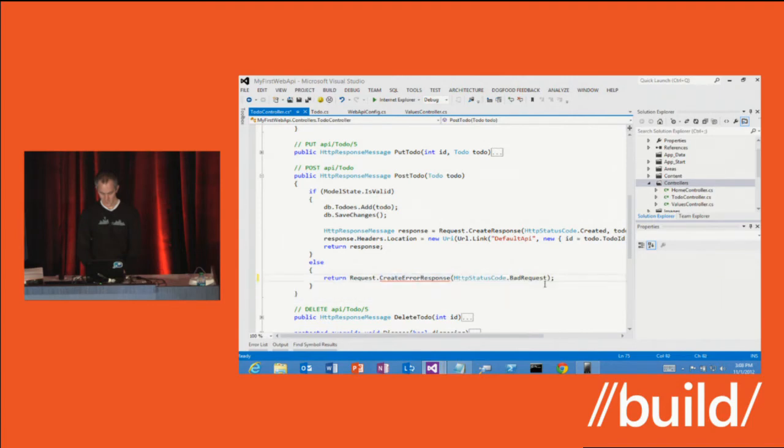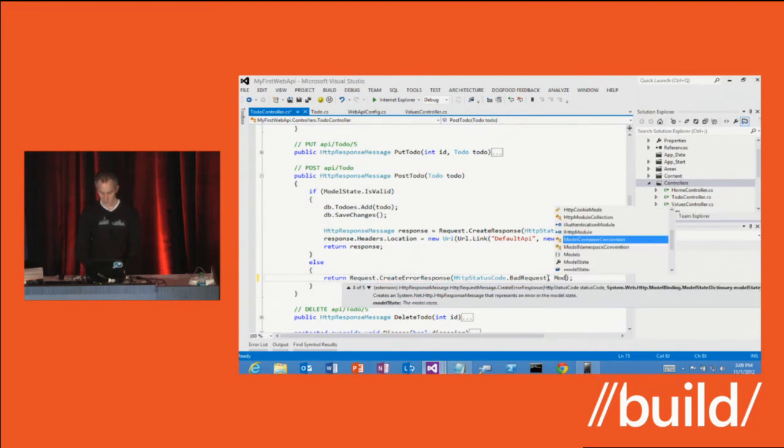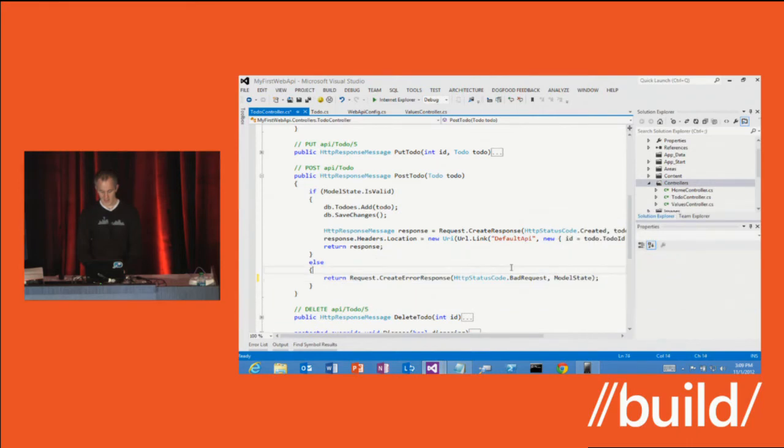If I can spell, thank you. And then that's one that takes an exception, that can control the entire payload, and there's model state. So I've now updated my code, and this is the way you're supposed to work with scaffolded code. It's a sort of a starting place. Then you just go in and hack away and do whatever you need to do. So this will now return me an error response that actually has the model state validation error serialized into it, and it will honor full content negotiation.